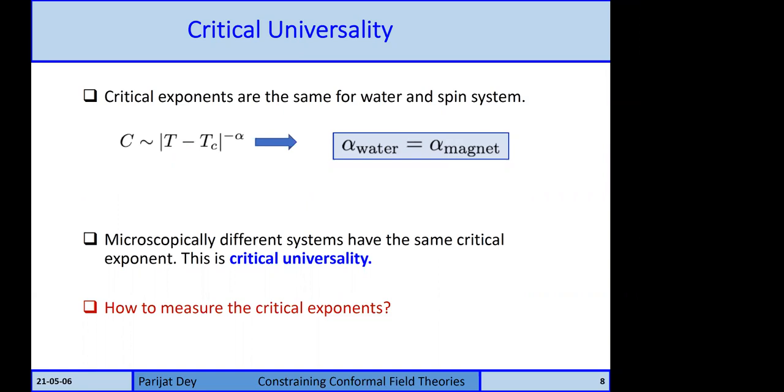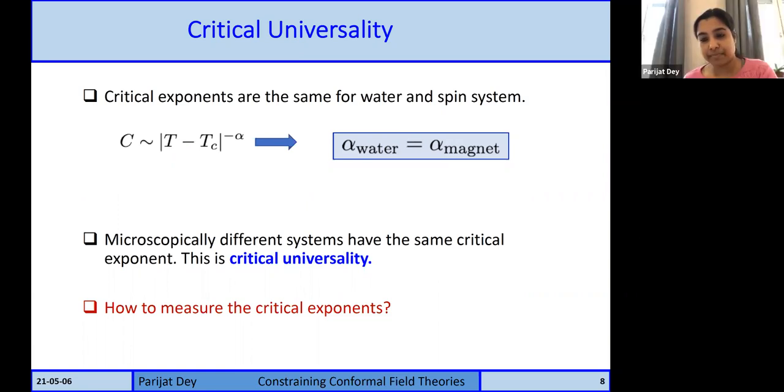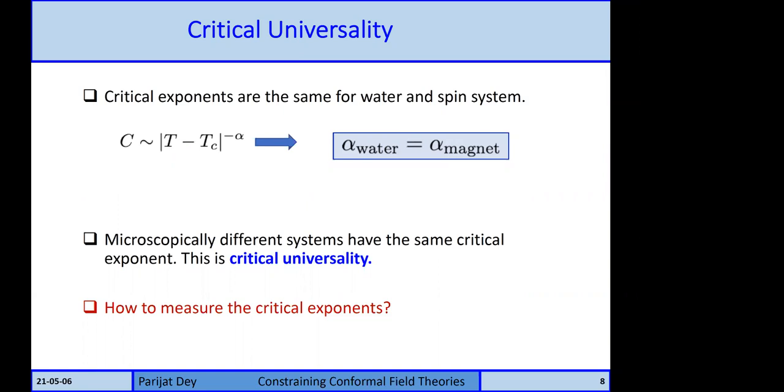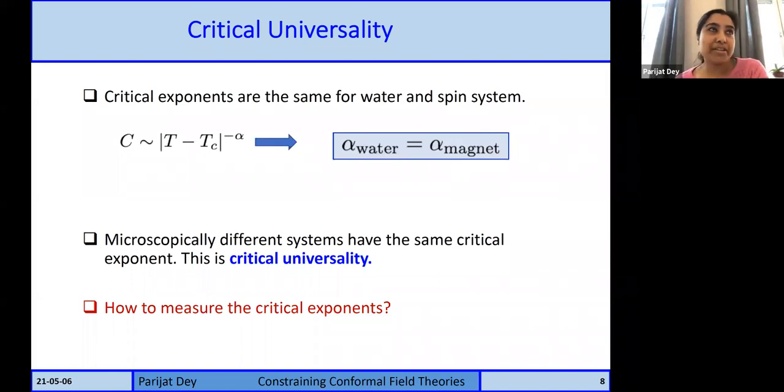No, but there is an analog of a C theorem in 3D, which uses this F function, right? The internal entropy of a sphere. Has it been used to make some explicit claim that there would be conformal invariance also when you have scale invariance? No, as far as I know, there is no such explicit proof. Okay, thank you.